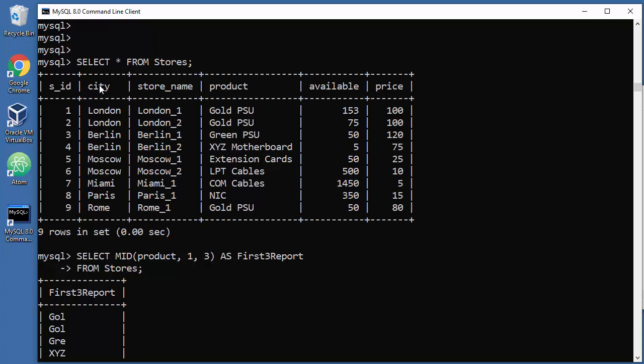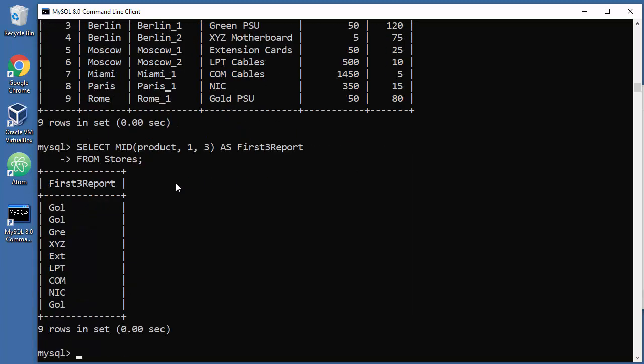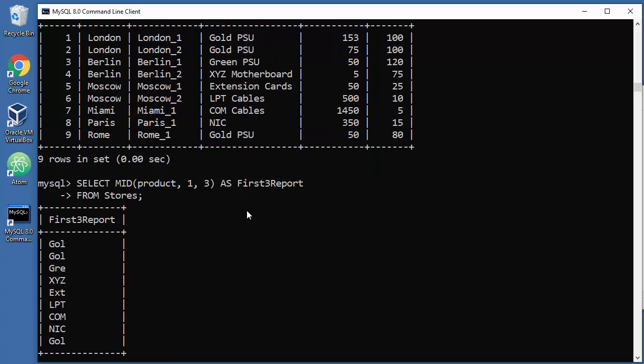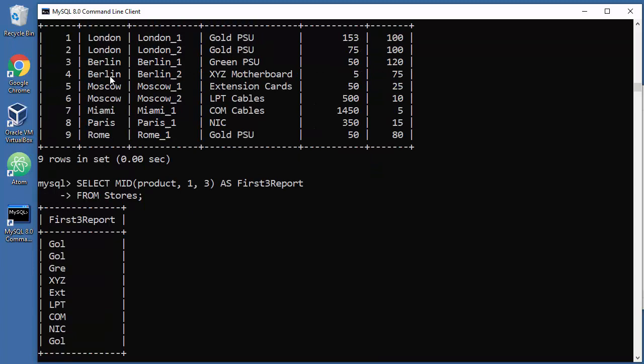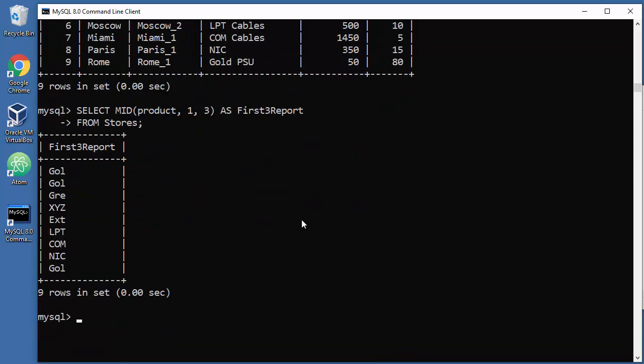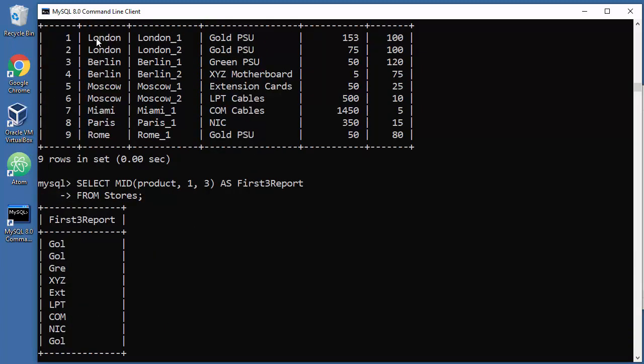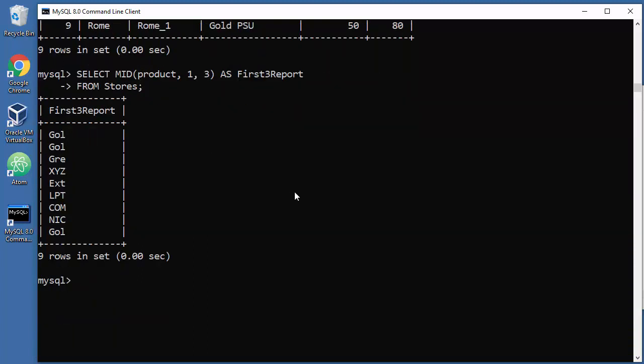any other column here, for example, city. Okay. Maybe you want to use this in some kind of half obscure security approach when some of your workers know what is going on only based on a couple of characters. I don't know. So let's actually try that with cities, but we will grab from 2 to 3 in this column. Right, so select MID,